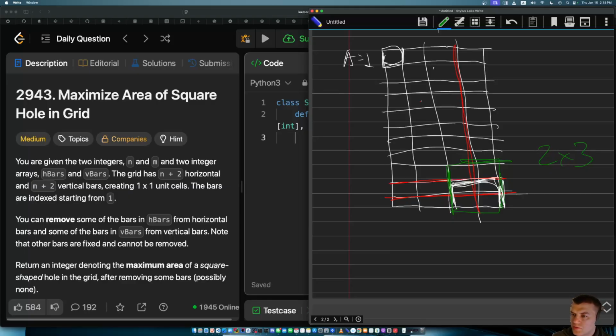So it seems like what I should do is find the sequences of the bars. Say here I have one sequence of length only one that I can remove, and then here I have 2 bars that I can remove sequentially. So for the formula I need to choose the minimum between 2 and 1 here in the sequence, and it doesn't matter if the sequence is upper or lower, because I can always